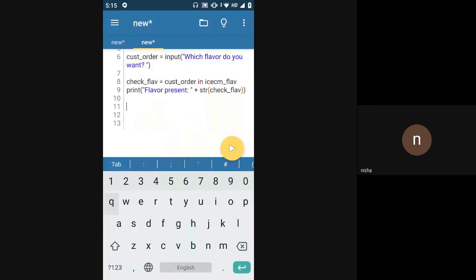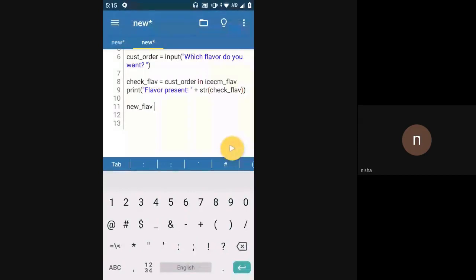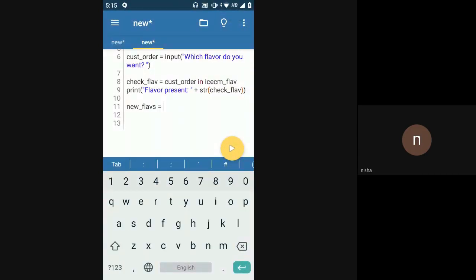What we can do in this case is I'll just say new flavors is equal to input, provide list of flavors to be added in the menu.